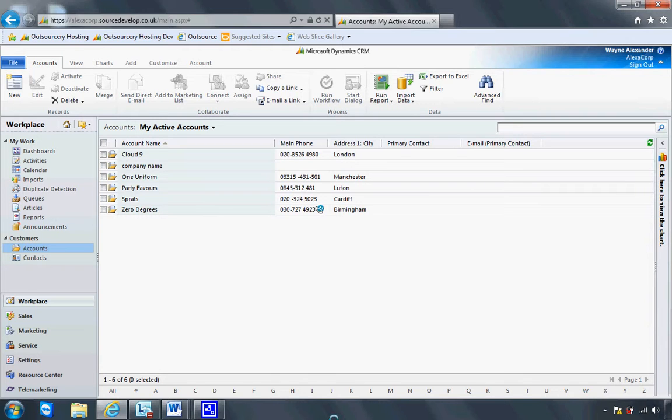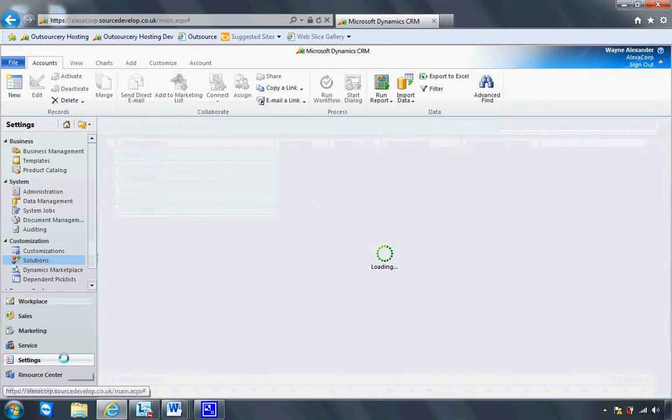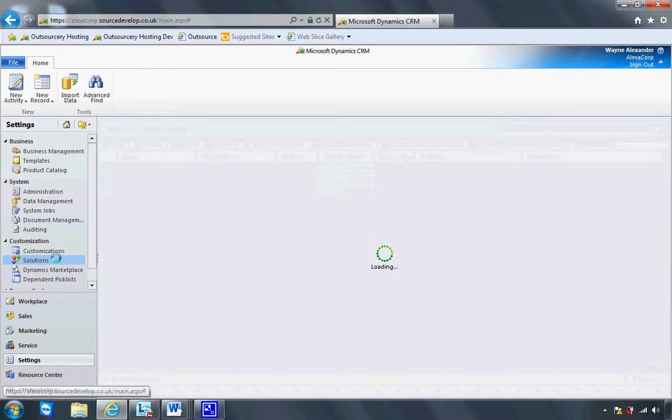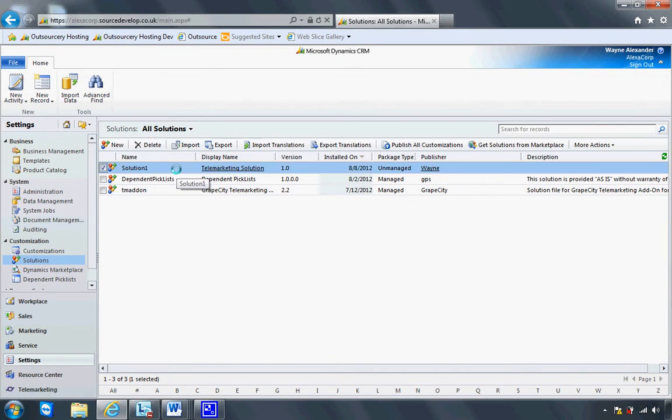Now, best practice for customizations is to actually do them within a solution, not the default solution. If you want to know how to create solutions, I've done a video on the creation of solutions. I've already created a solution in this test system, so I'm just going to click on Settings, Solutions on the left hand side, and double click to